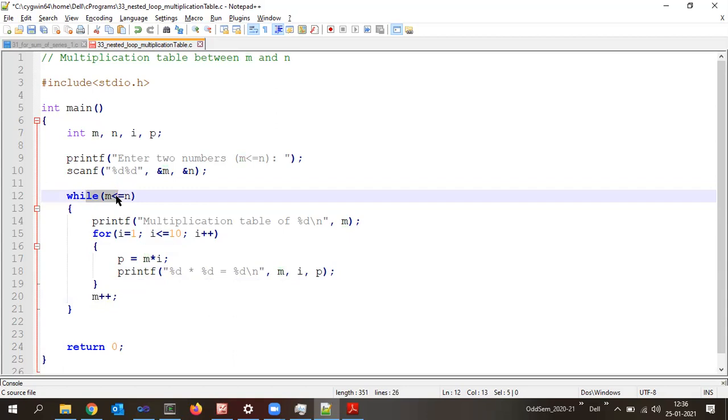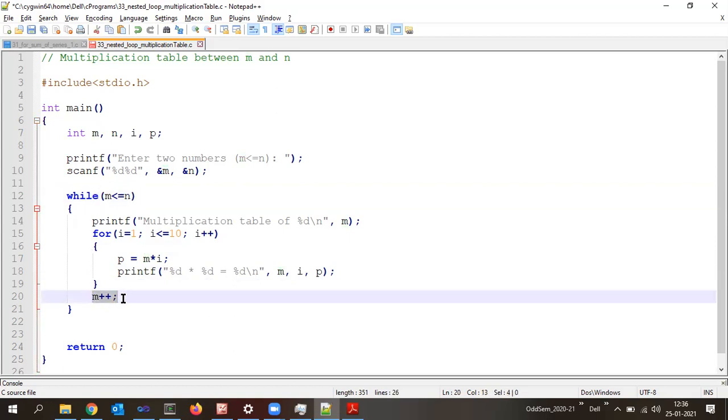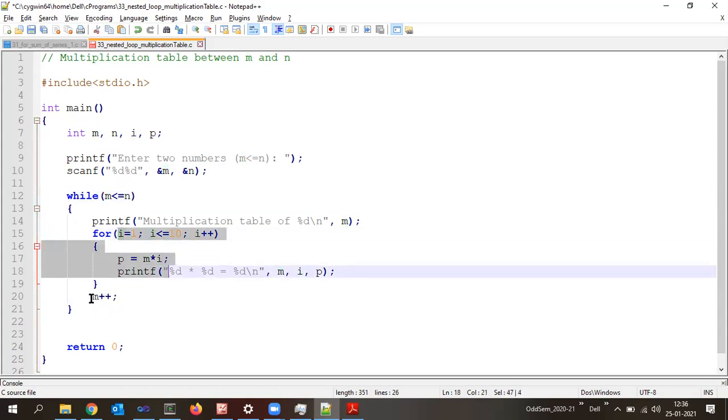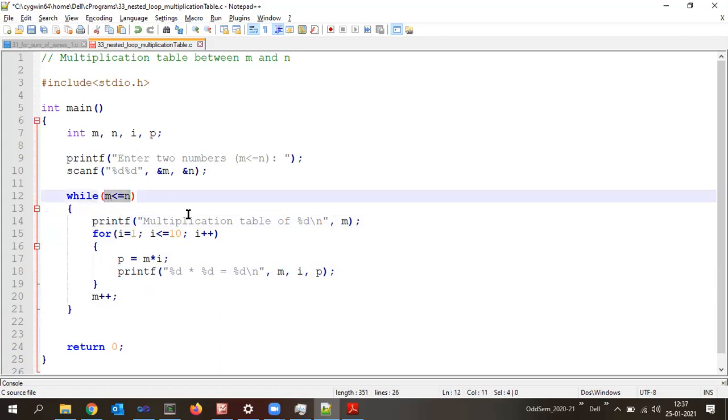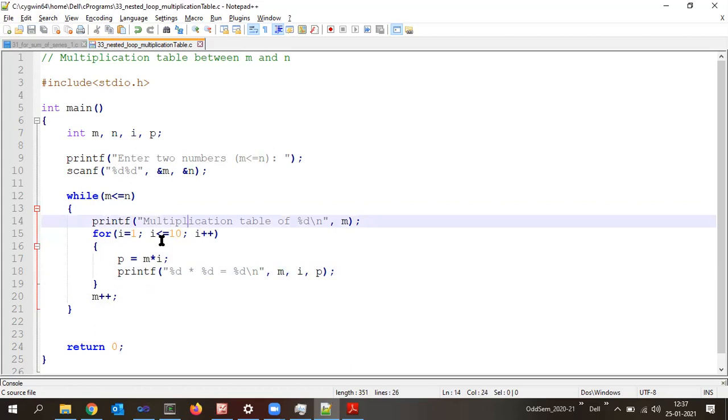If you remember, every while loop should have an updation, right? For the while, pay attention, we have a condition and corresponding to this while, the updation is here. So every time we take that number and print the multiplication table and then increment. Increment means go to the next number, and for the next numbers, print the multiplication table up to the last number. Okay, now let us run the program and check. Here I will add one more \n to print it properly, then the multiplication table.